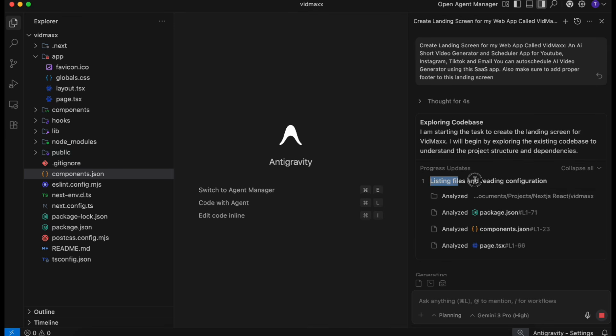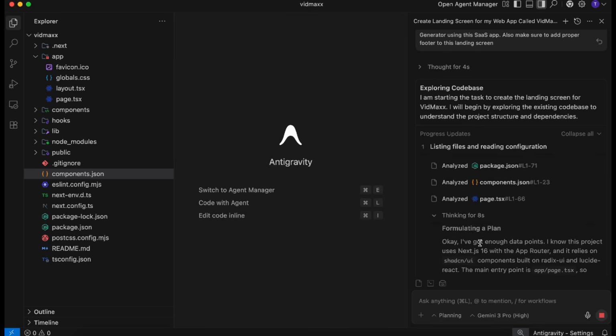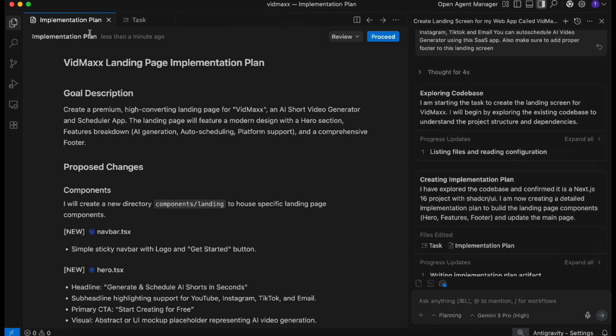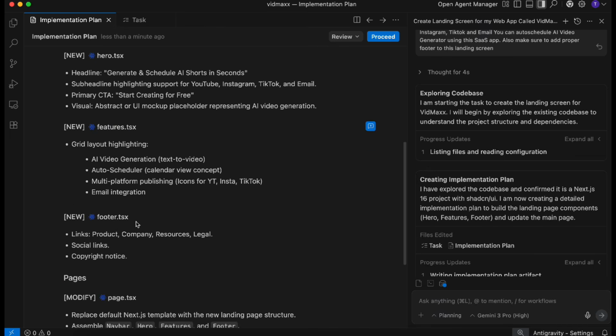And if you see, it's first reading all your files, because AI needs to know what files are included, what dependencies are included, and depending on that it will take an action for you. And now if you see, AI just created an implementation plan. Over here you will see how it's going to work, how it will implement, and what things it's going to add. For example,